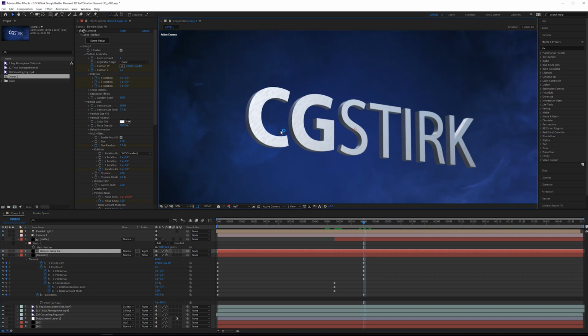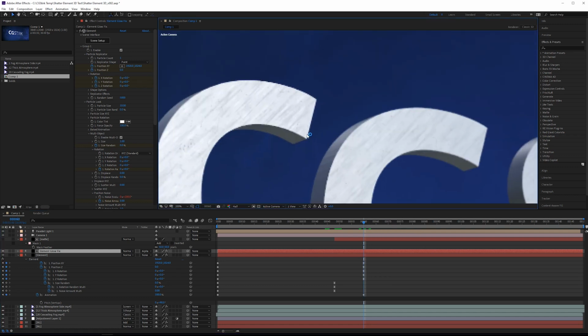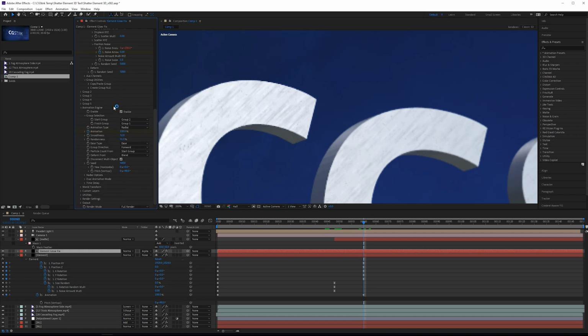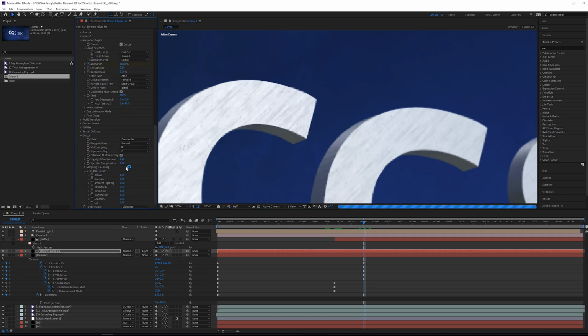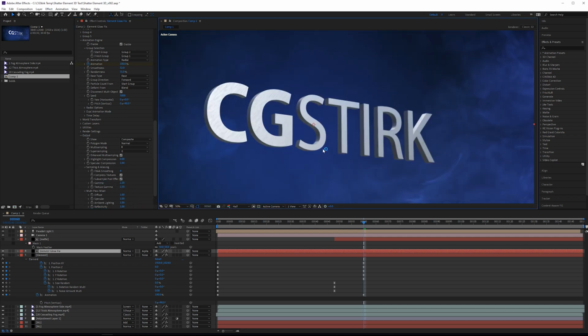One other thing I can do here, we look at the aliasing that's going on at the tops of these letters. You can fix that pretty easily by going into output, and we're going to do enhanced multi-sampling, and then we're also going to go into sampling and aliasing and increase the smoothing. Something about 4, fix some of those edges. You can also do sub-pixel post effects as well. That looks pretty good. Pretty happy with that.